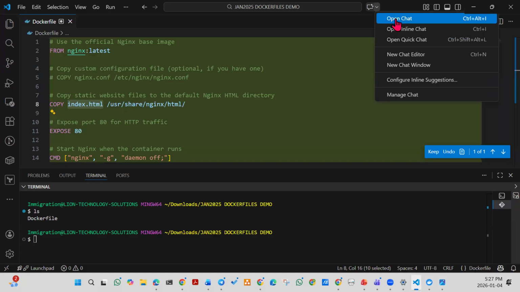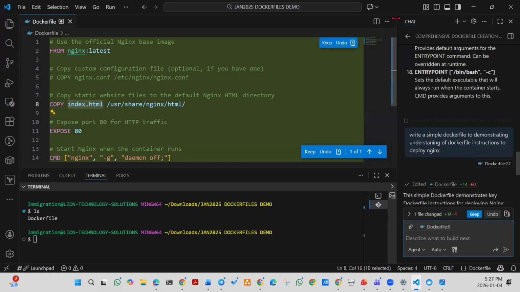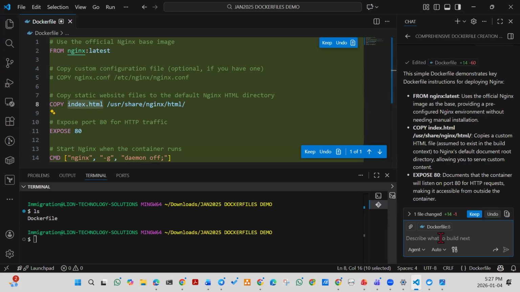Okay. Now let's say, write a complete index.html file to deploy, let's say, an application. What do you want to deploy? Okay, let's say deploy an application, let's call this application,